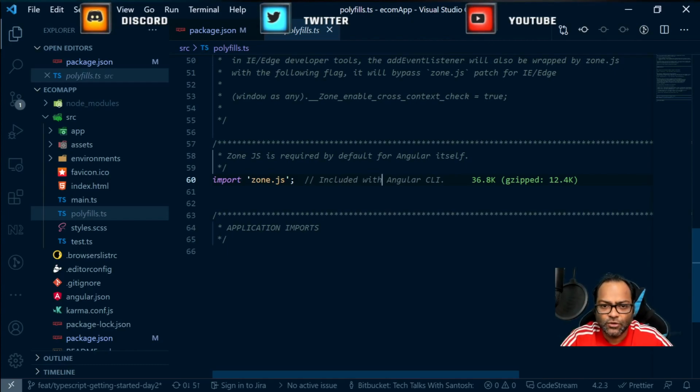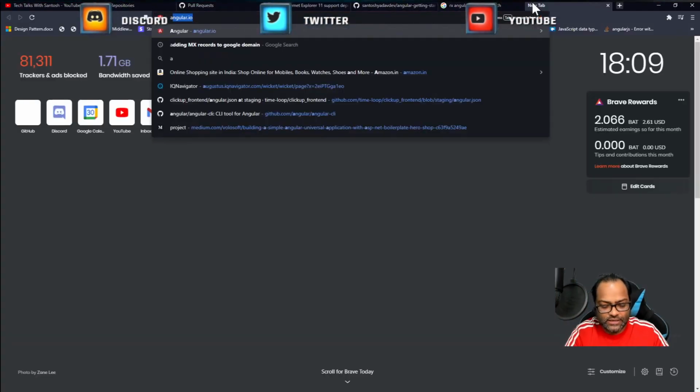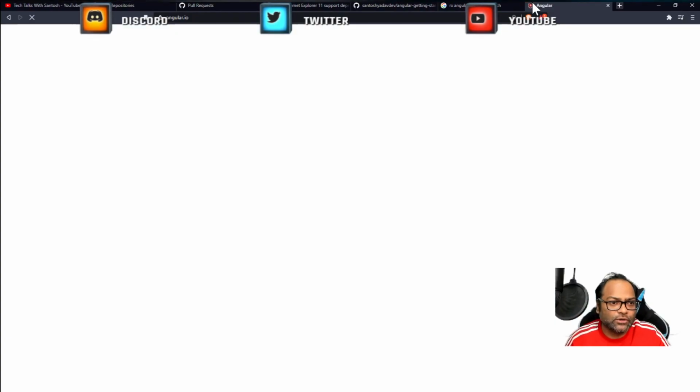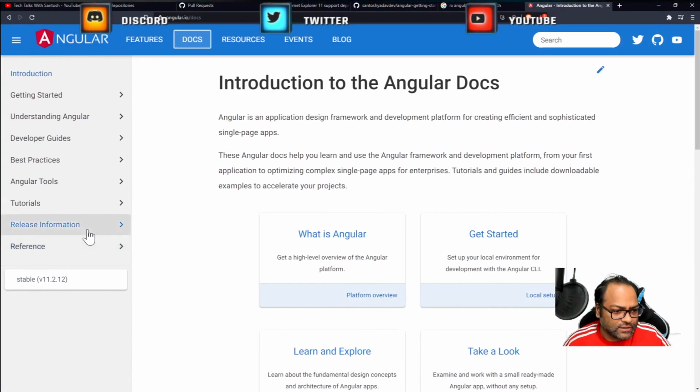So right now we need zone.js by default. I think zone.js is included in all the previous versions of Angular. But there is good news. There is a plan to drop zone.js support in the future. This is already mentioned on Angular.io. So you can go to Angular.io and you can see